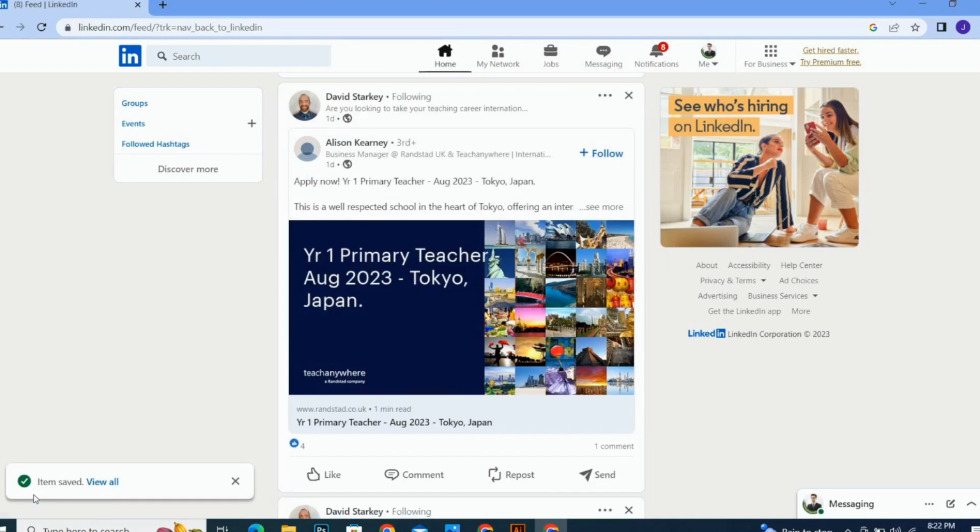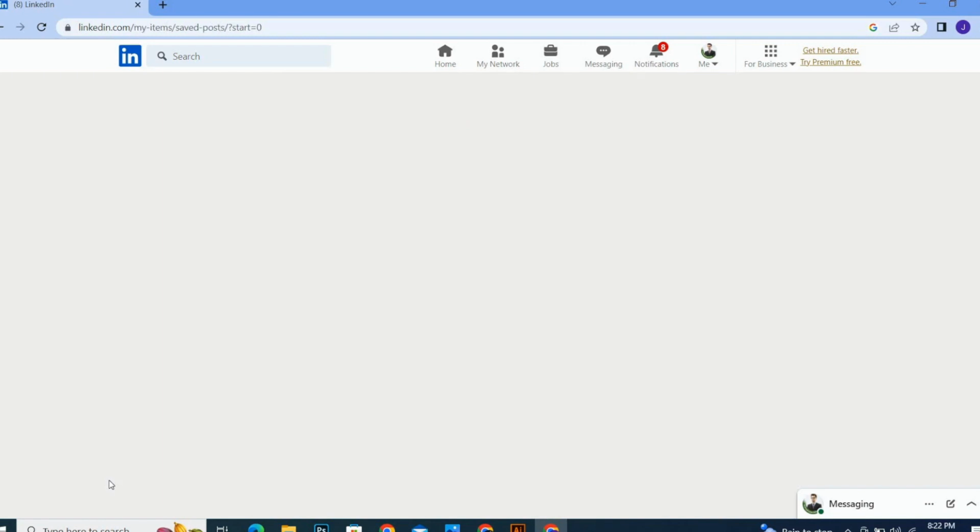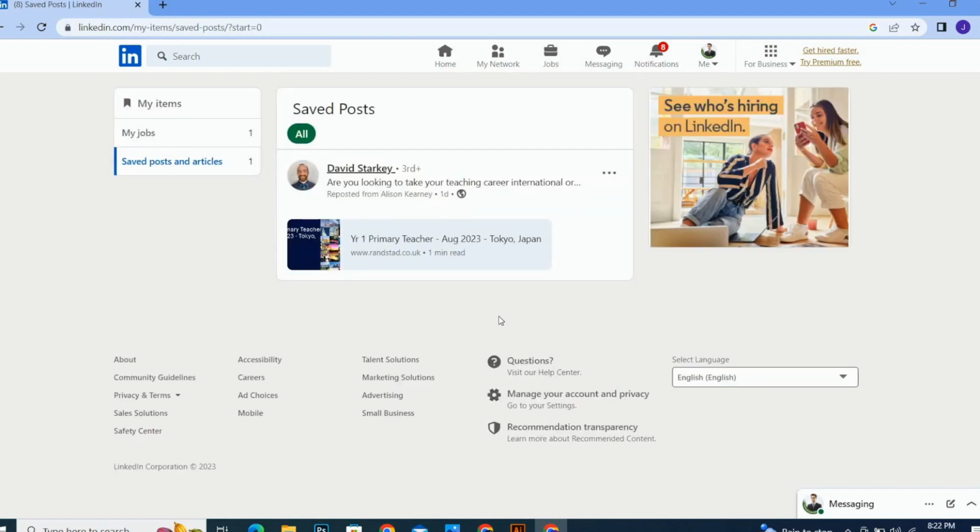And as you can see guys, the post which I saved has been saved in my saved items. So let's click on it. I've clicked on view all, and here you can see my saved post. In my saved items, my post has been saved. So guys, this is how to save a post